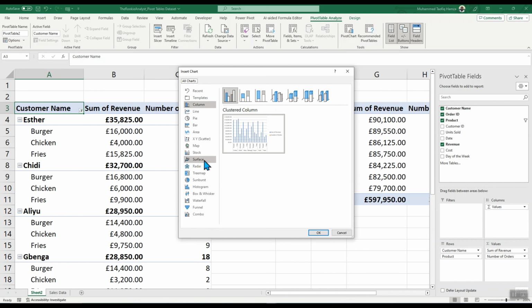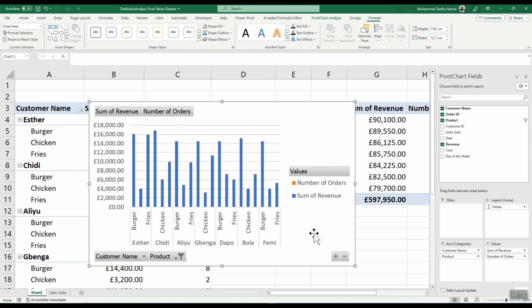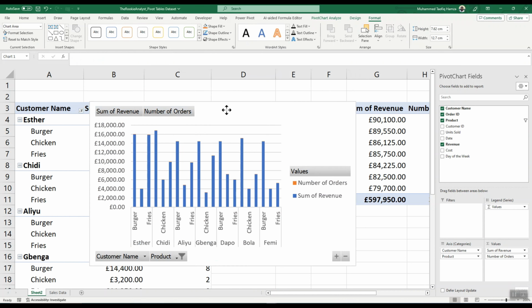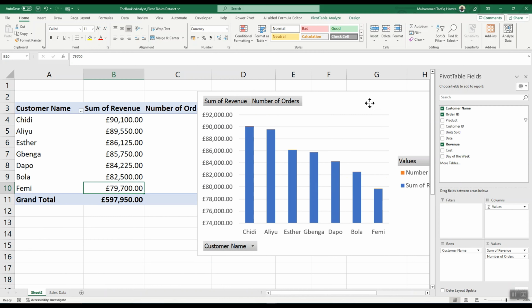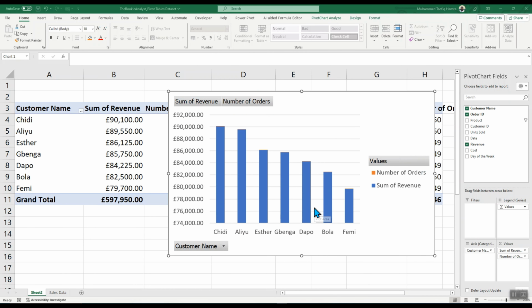If we want to have a bar chart, you could select a bar chart, and then it visualizes it, you can see here. So if we should take out the products in this particular pivot table, it is automatically going to reflect here in the pivot chart itself. So another way you could insert a pivot chart from a pivot table,